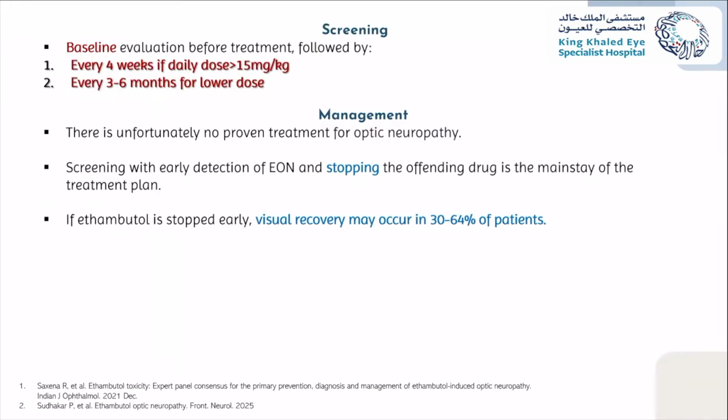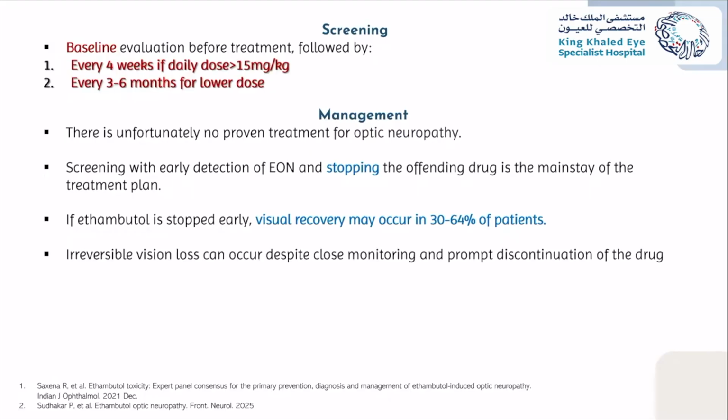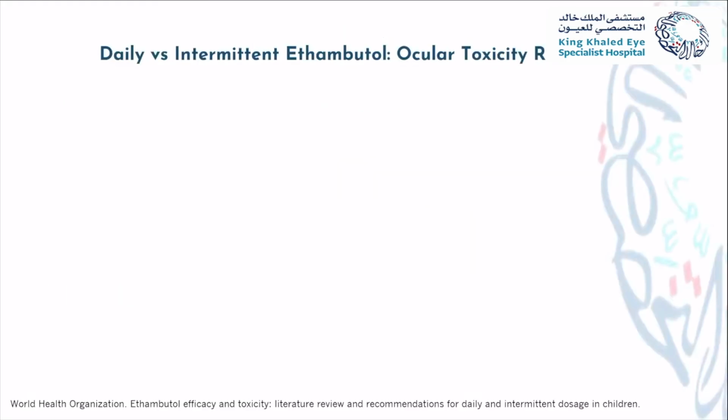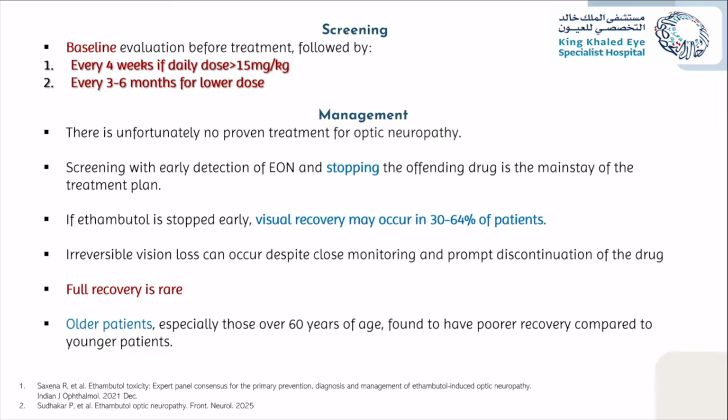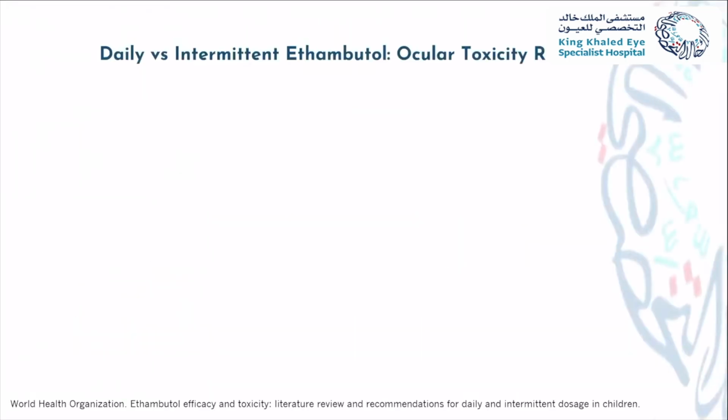the progression of the disease, vision recovery will occur in around 60% of the patients, but irreversible vision loss can occur despite close monitoring and discontinuation. So actually, full recovery is rare. And the older population has a poorer recovery compared to younger patients. So there is an interesting